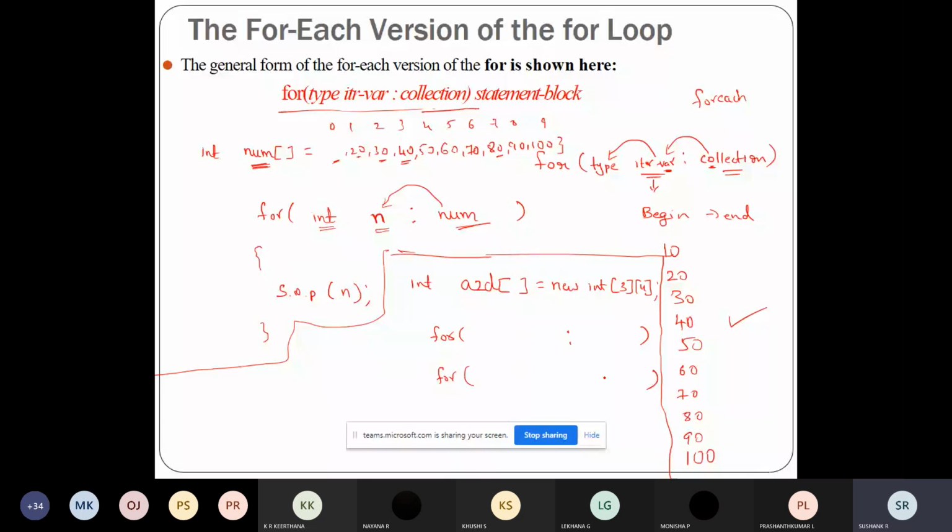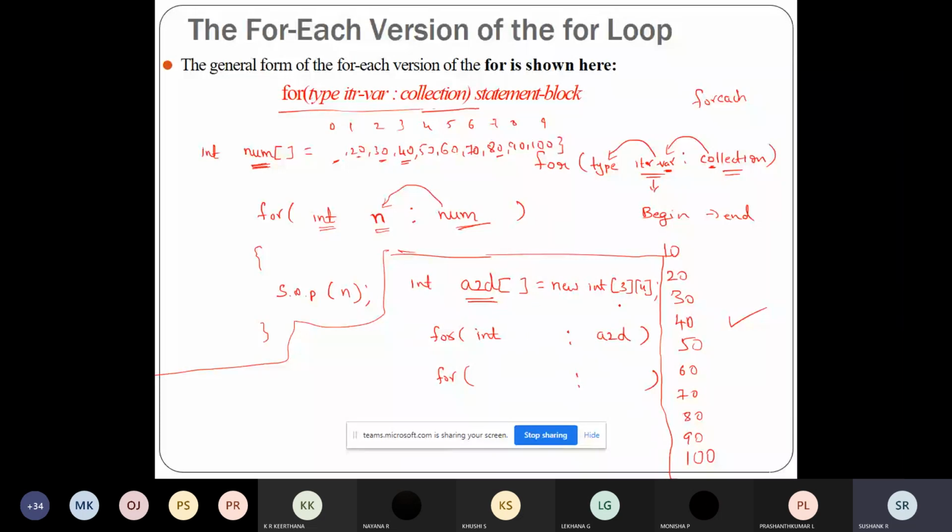See, the first thing is the data type. So here it is integer data type. I want to traverse this array. On the right hand side, the name of the array. The first parameter will be the data type integer. After that I want to traverse through the array.